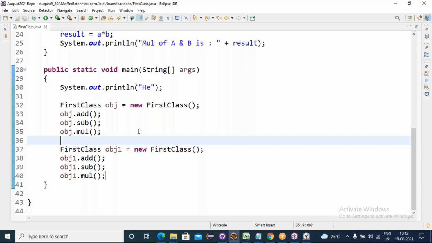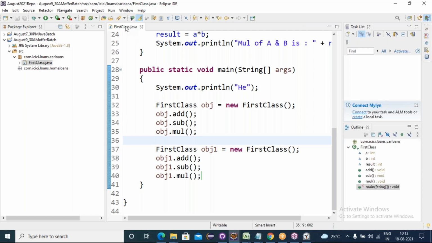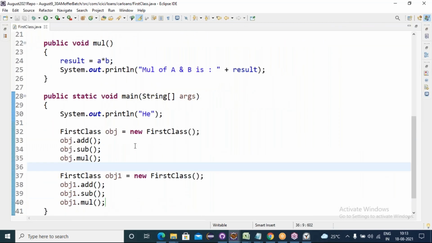So that's it about the Java class. Next we talk about interface. To create an interface, we need to follow naming conventions, just like we follow them when creating a Java class. Sorry to interrupt you, sir. So you created multiple objects of the class, right?